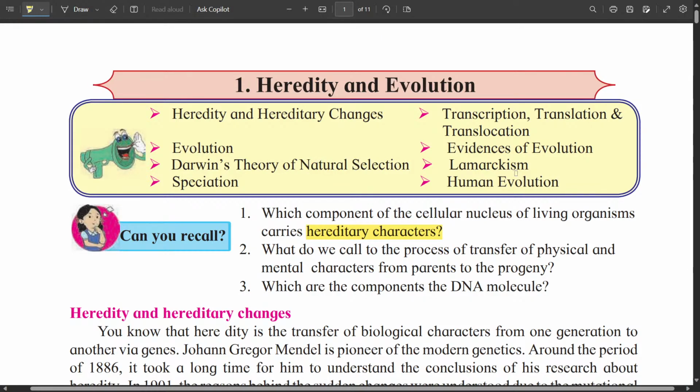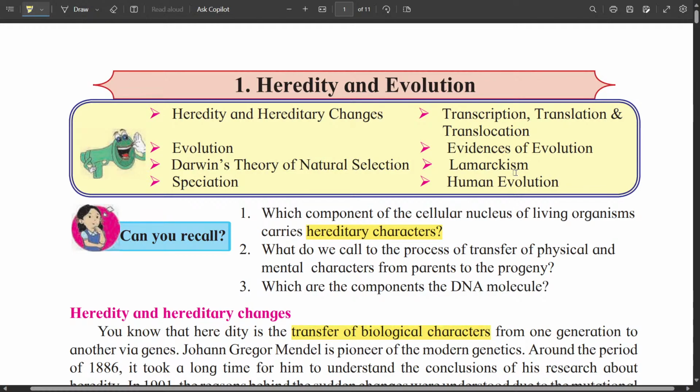And this is called heredity. That means the transfer of biological characters from one generation to the other. That means the information about the structure and function of that organism is transmitted from the parent to offspring via